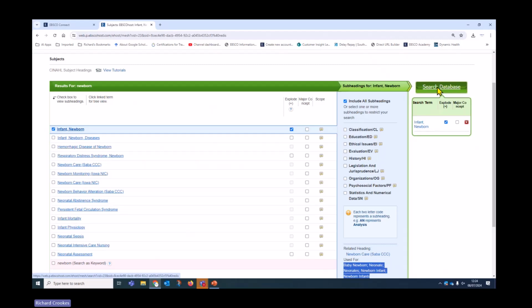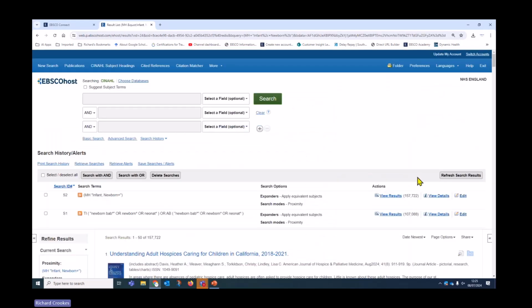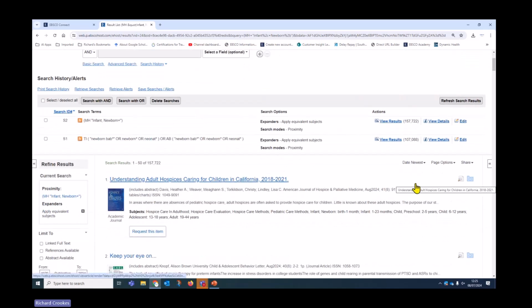And then we can click search database to add that to our search history. So when you see the search history, you've got two elements. These relate to the population group for PICO. So what we want to do here at this stage is combine both. So we'll select both sets from within the search history, and we'll combine with the Boolean OR, because we are